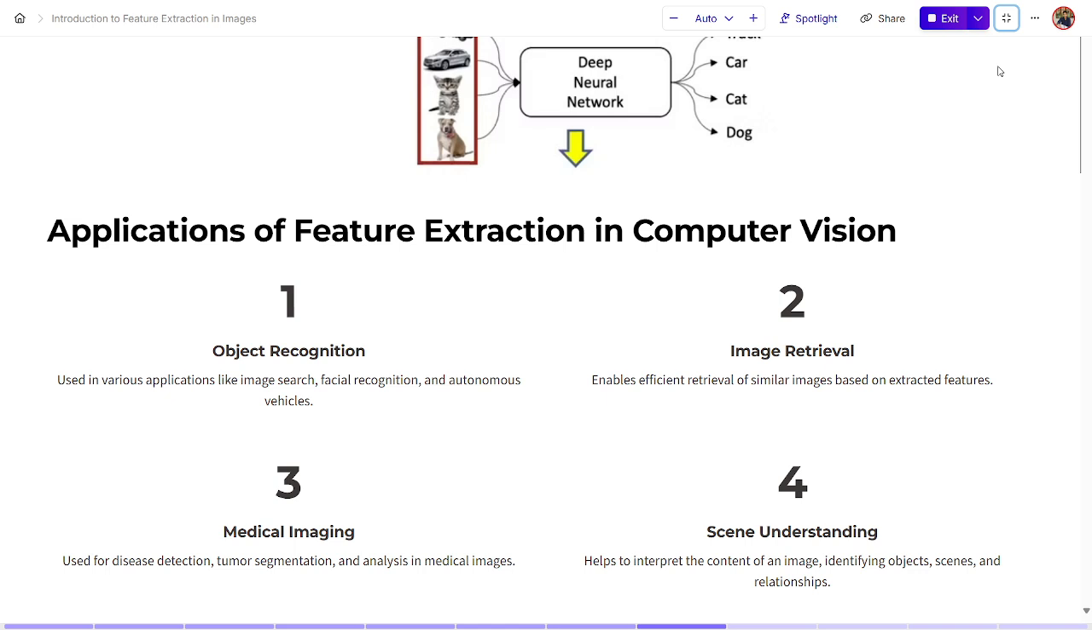Corners mean intersections of edges, textures, and patterns in intensity or color. Shape means we know there are different shapes. Then color: dominant colors or distributions. That's it. Coming to applications of feature extraction, it is widely used in object recognition, and in various applications